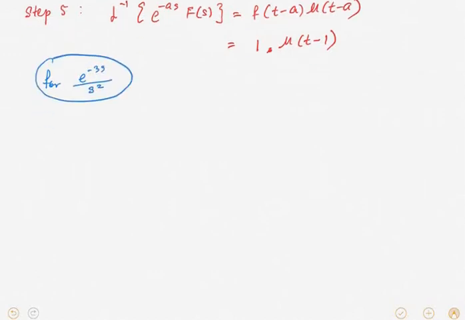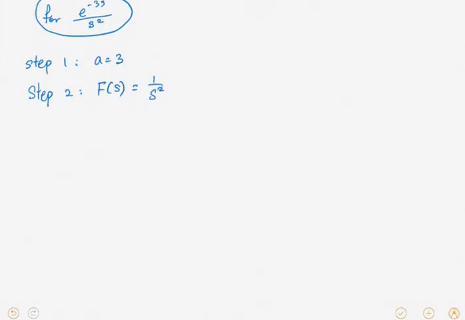Okay, let's start again. So what is the a? From here, it is exponent negative 3s, so a equals 3. Okay, step number 2, F(s) is 1 over s squared. Okay, and then step number 3,